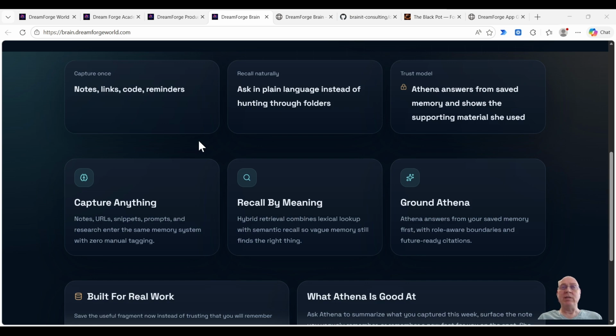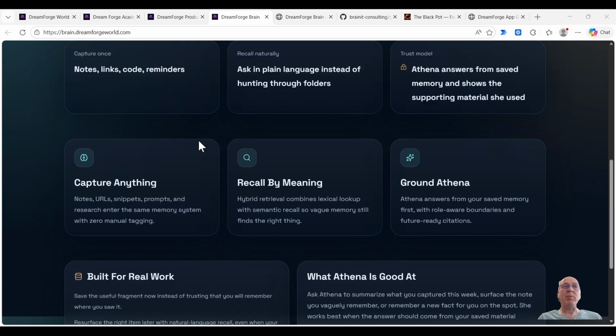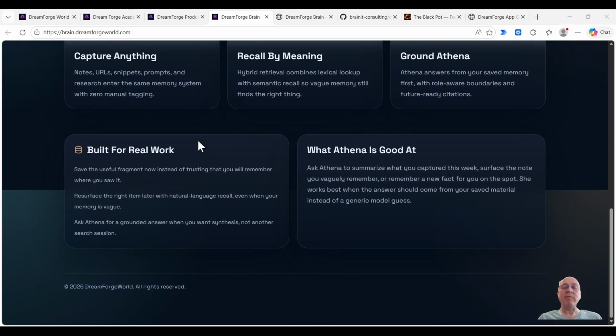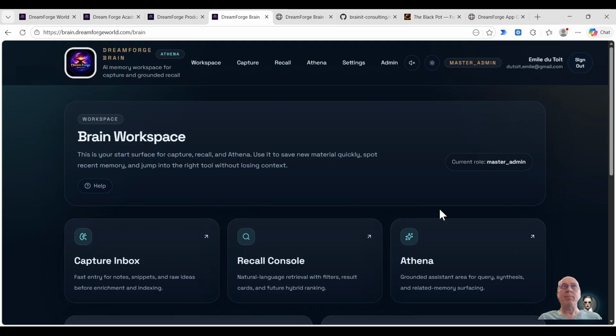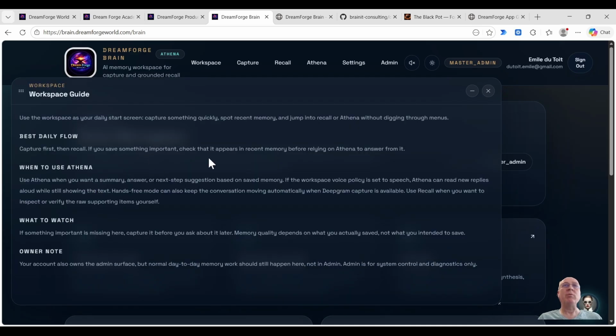And as usual, we're going to start with how it was built after reviewing the app in the front end yourself. This is how you would log in. So I'll log in as myself so you can see signing in. And now I'm in my own brain workspace. When you first get here and it seems overwhelming, just try out the help and you'll be able to read how to do things,